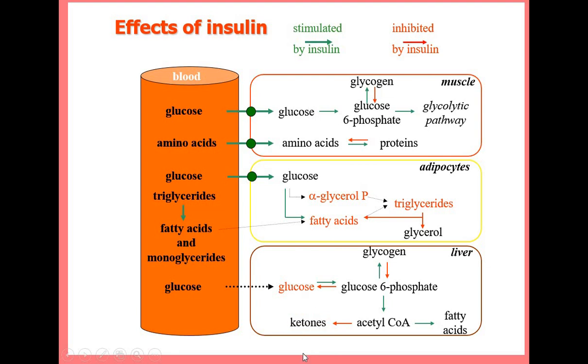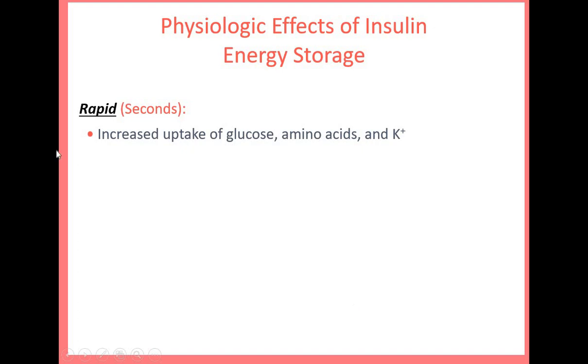Okay, so summarizing the physiological effects of insulin, the most rapid action includes the stimulation of translocation of GLUT4, and that's why increased uptake of glucose, and not only glucose, also amino acids and potassium. Now here we are not going into details of potassium, but that also is a very important action, and for that action insulin can also be used as a medicine in conditions of hyperkalemia. Hyper refers to increase, kale refers to potassium, emia refers to blood, right? But definitely the uptake of glucose, amino acids, and potassium will be increased in the cell.